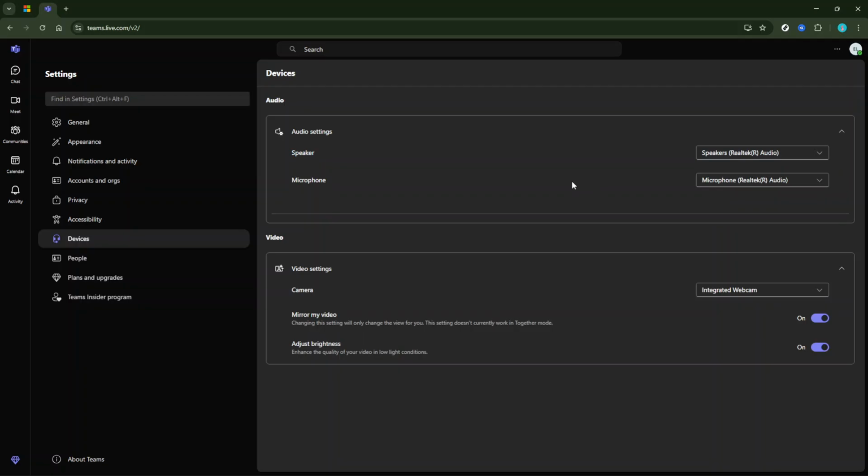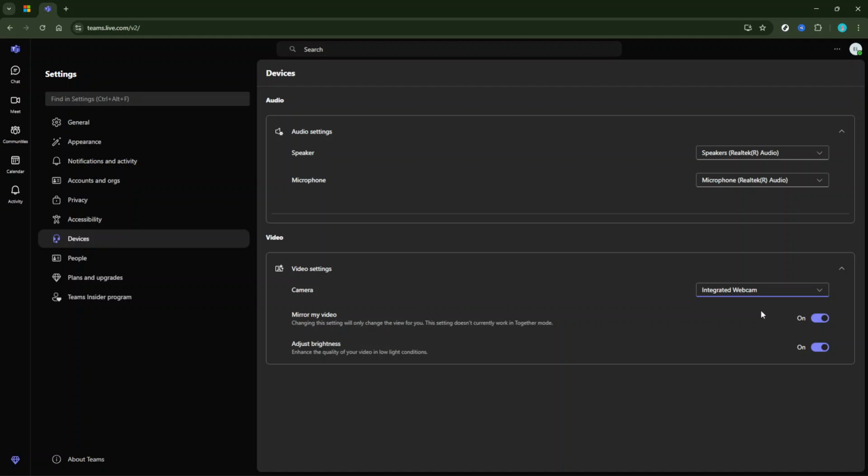Next, let's head to the camera settings. Here, you can select the camera you want to use. Like audio devices, you might have multiple camera options. It could be your built-in laptop camera or a separate USB webcam for a better image quality. You'll want to select the one that offers a sharp image and appropriate field of view for your needs. It's always a good idea to have a smooth video setup to help maintain effective communication.